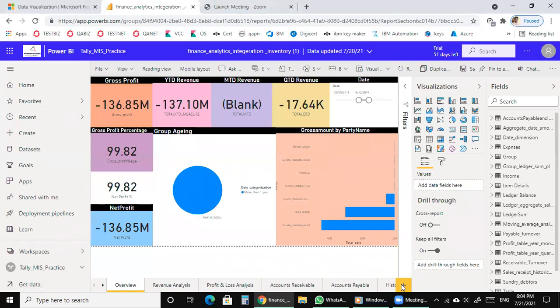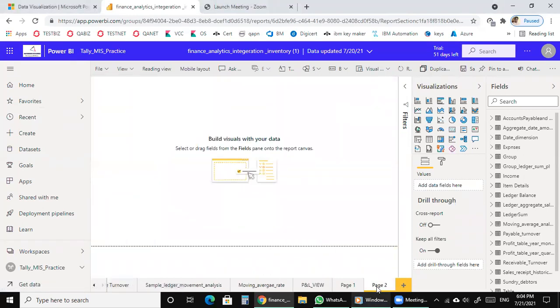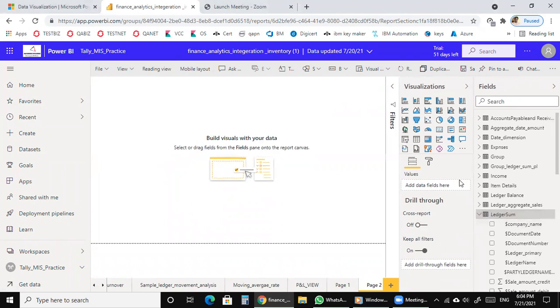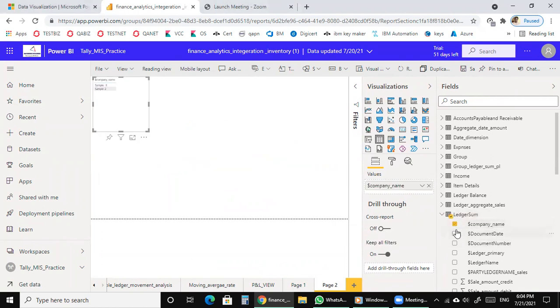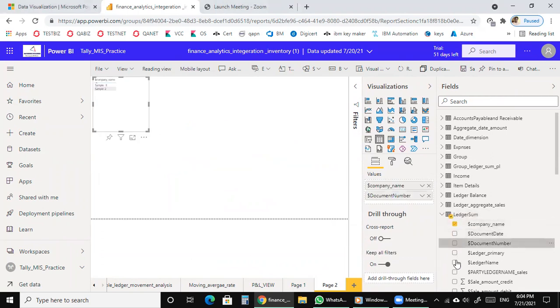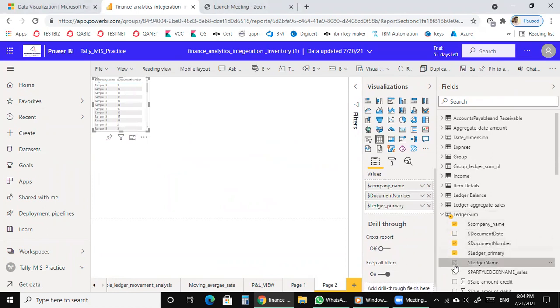And where I'm going to start here, rename I'm going to give, and I'm going to show you lump sum amount. Lump sum. Company name, document, and the document number, party, ledger primary, ledger name, and party sale.